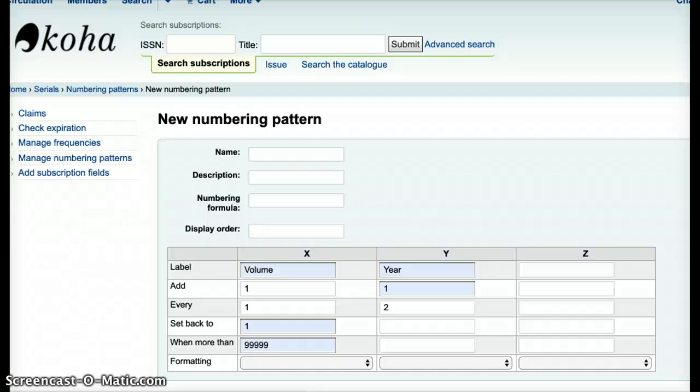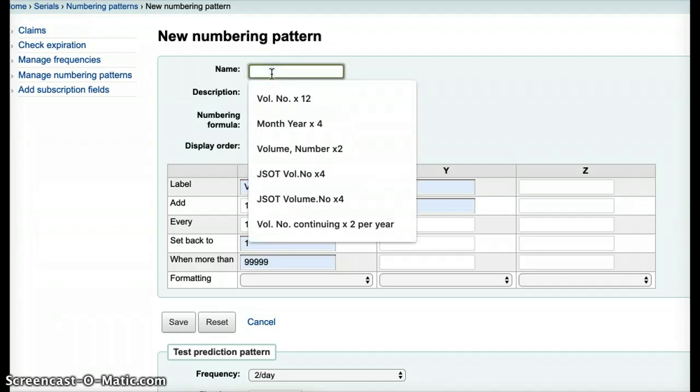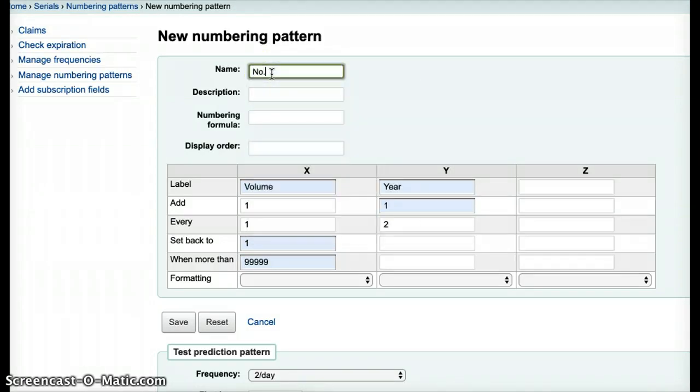In this Koha tutorial, we're still looking at serials management modules, and we are looking at a new numbering pattern because I don't have a pattern that works already. Some of these data are already in, and I'll explain about that when I get down there. Now, the name of my pattern is going to be named in a way that I can recognize it